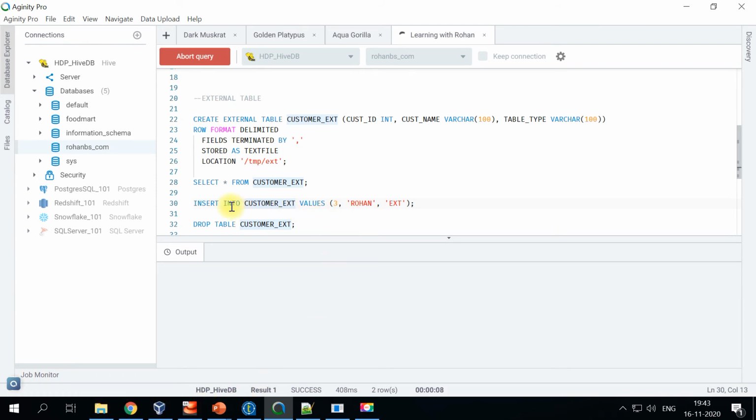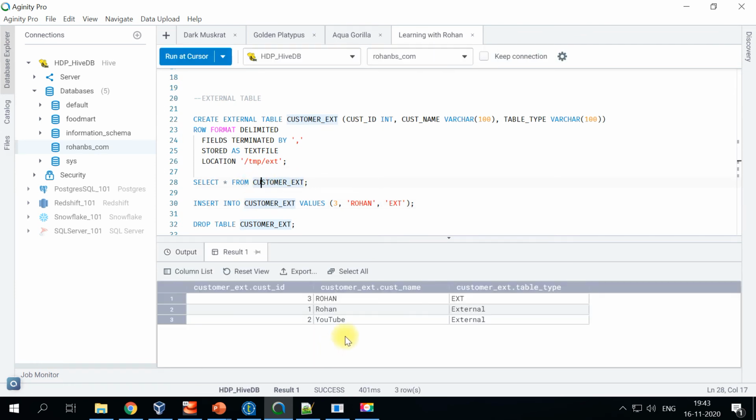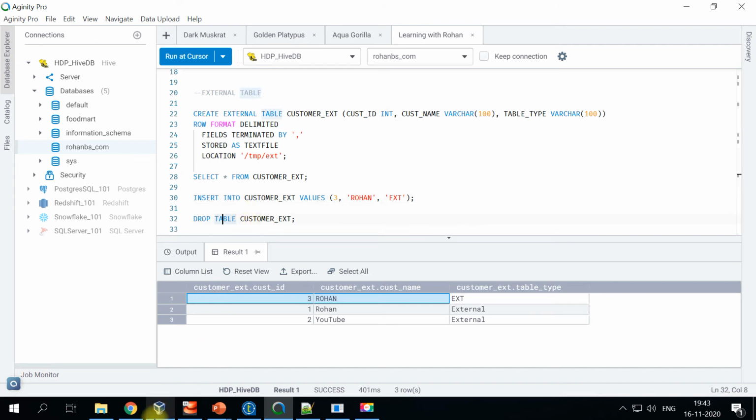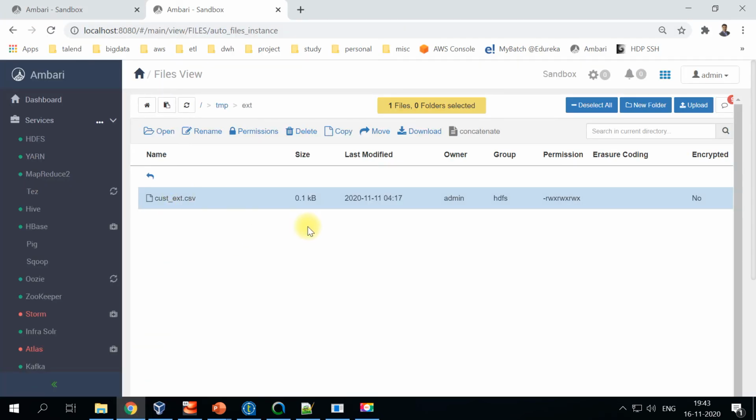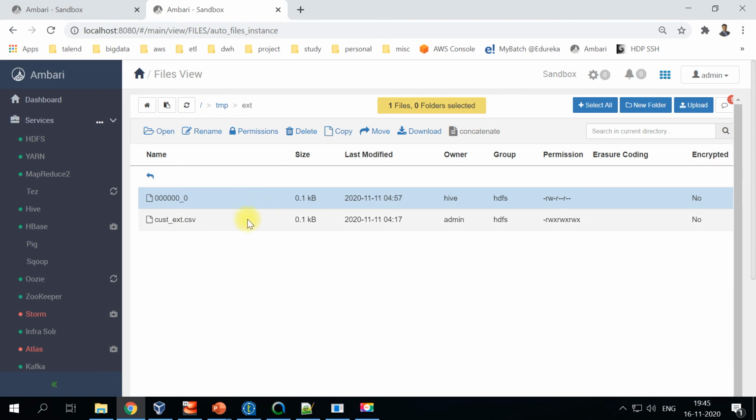you see after this insert we will quickly look at the table records. So we're able to do insertion, but any updates or deletes will not be possible, because we are altering data on the file, right? So if we go back to this particular folder, see, after inserting, the data file is created here, right? So this is how an external table will handle all the inserts in a particular table.